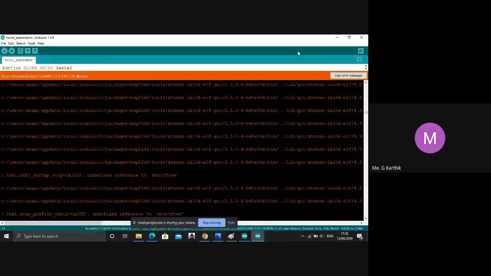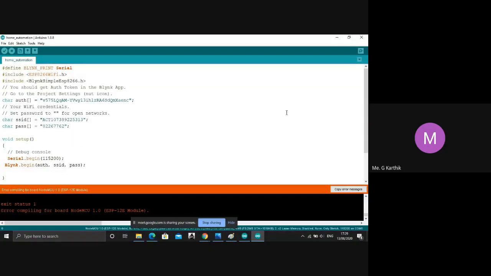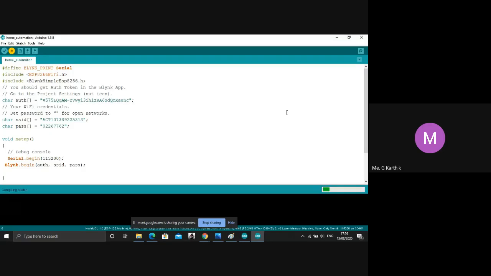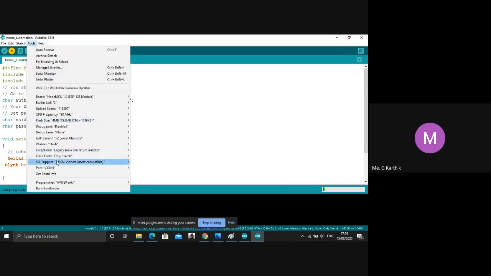Sometimes when there is an impedance issue, it happens like this. Then just change the port, that means change to another port, then upload it again. You need to make sure you're on the right port.